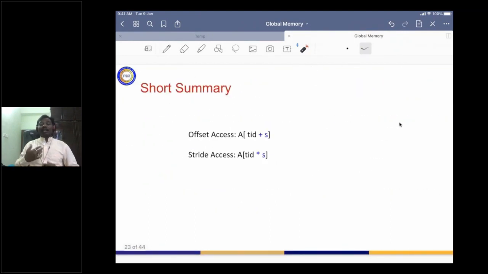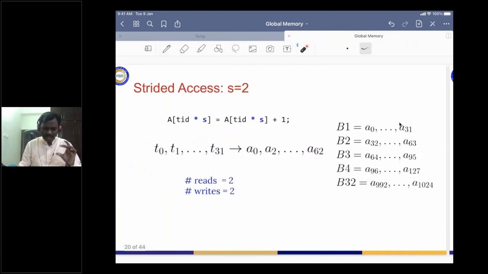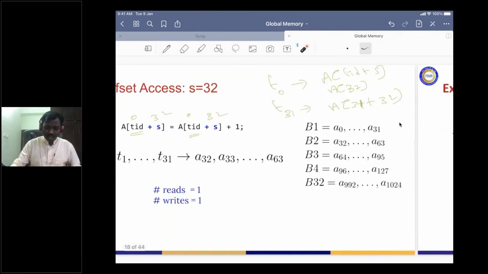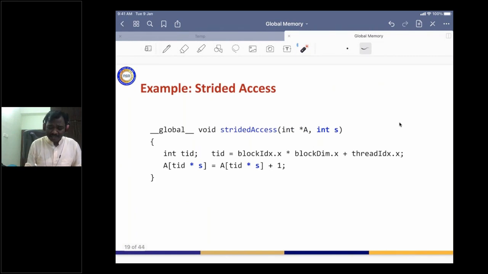I will share some of these codes, and you should be able to write a few more on top of them. So far we have discussed two very simple kernel function definitions. This is the stride access, and very similarly, we have seen the offset access.